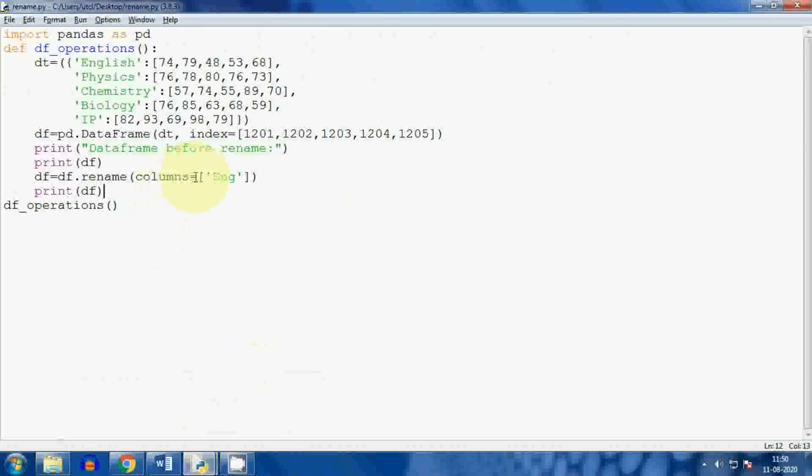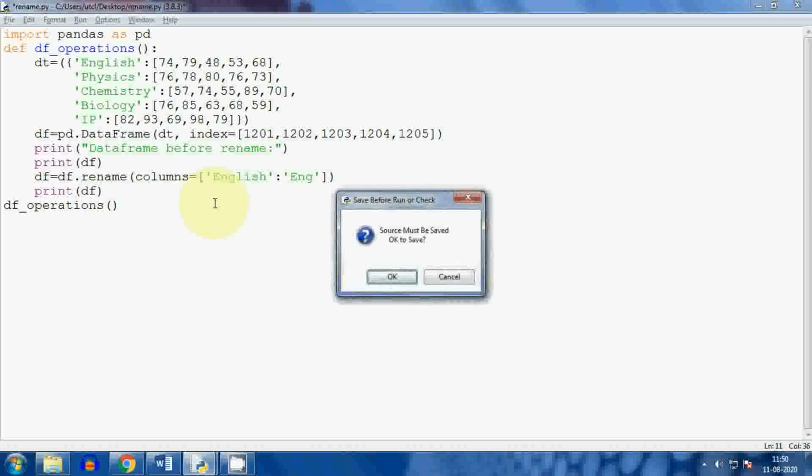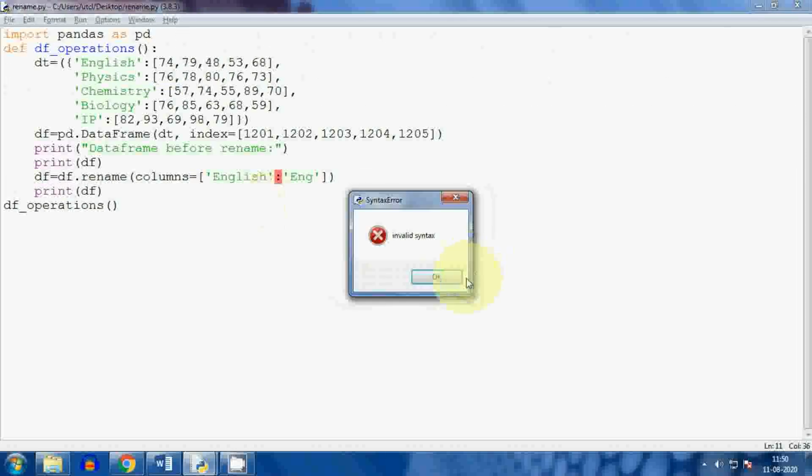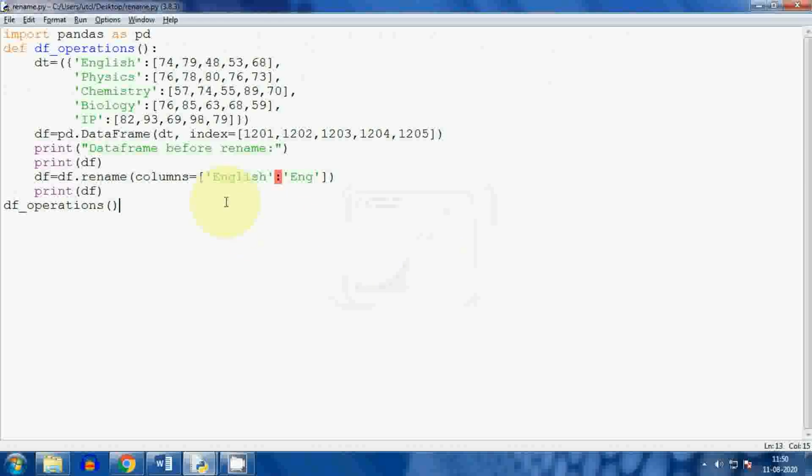Write the old column name first, English in single quotes, after that a colon. So only a single column I have renamed. Here it's showing invalid syntax, though as per syntax it looks correct.